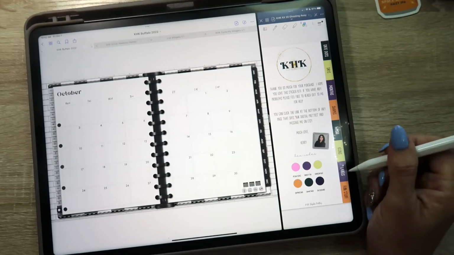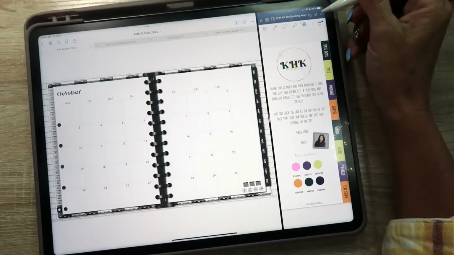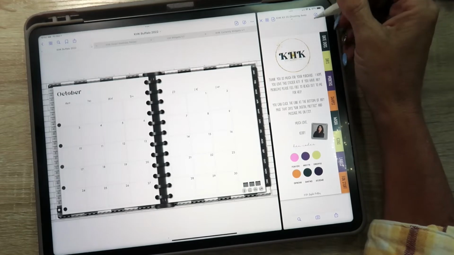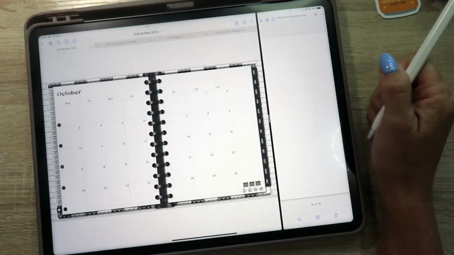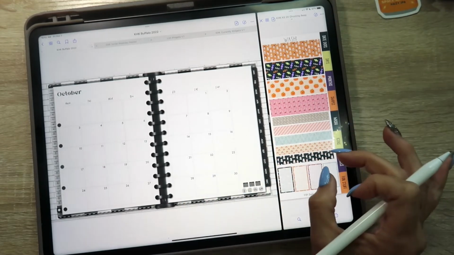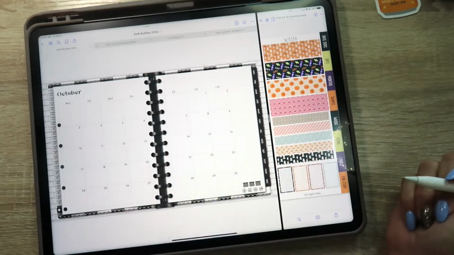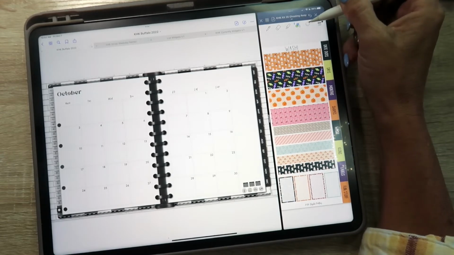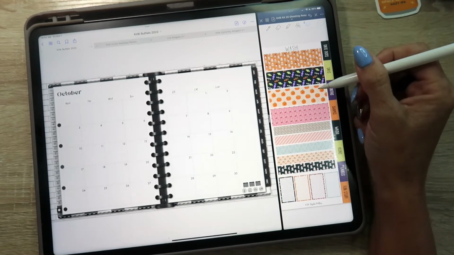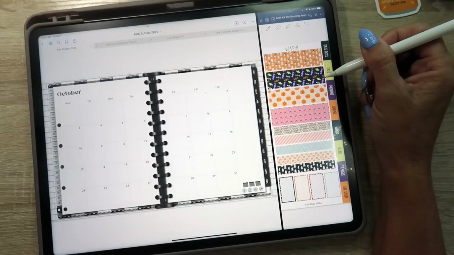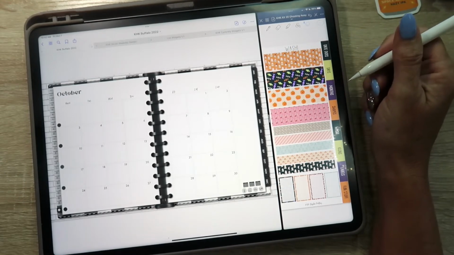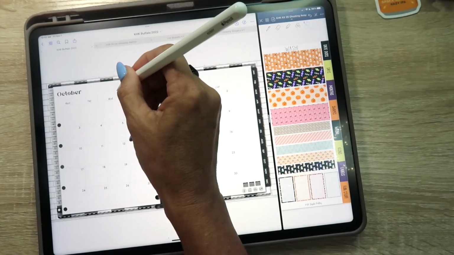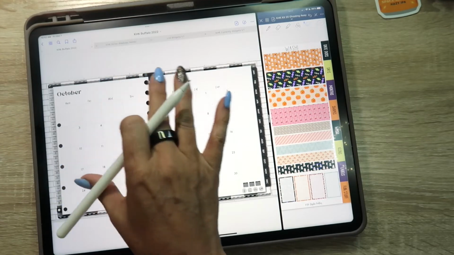And I'll start with maybe some washi. Well, oh gosh, I hate when I do that. Okay, remember, navigate. You gotta get into navigation mode. But I do really like my kits and how I can have them in split screen, and I can see both and do that at the same time. So let's see. I actually think I like this little black one the most, so I'm gonna go with that one. And the other thing,